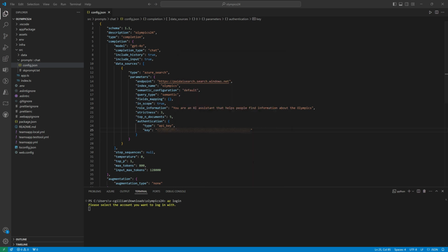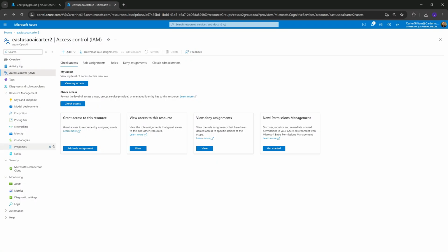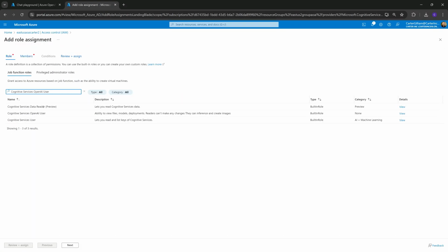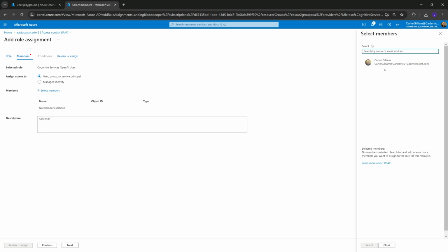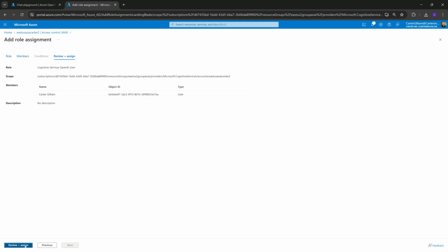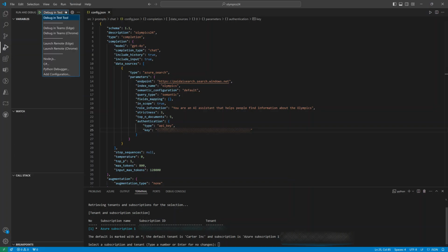our Azure OpenAI resource. To give yourself access, log into Azure and go to the Access Control section of your Azure OpenAI resource. Then select Add Role Assignment and search for Cognitive Services OpenAI User. Then click Select Members and select the account that you want to use. And if you're not the owner of this Azure OpenAI resource, you may have to reach out to the owner to do this. Now we're ready to chat with our Olympics copilot by selecting Debug in Teams Edge to test